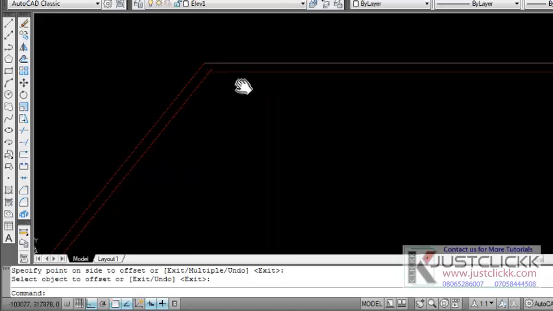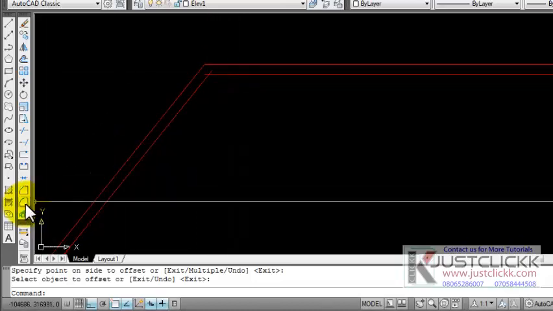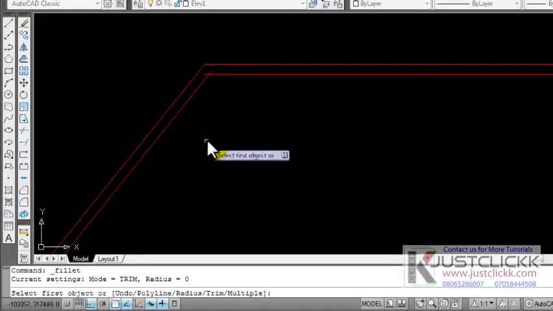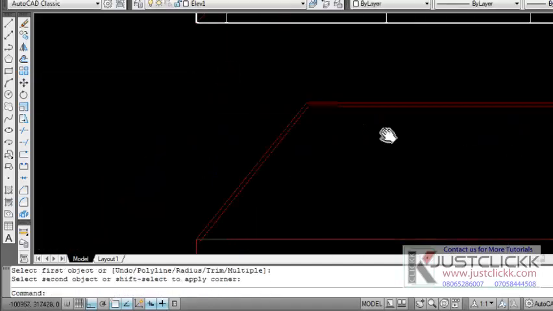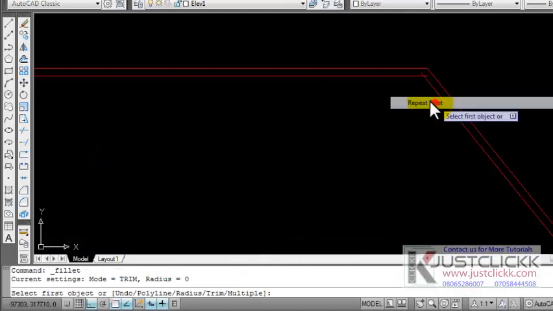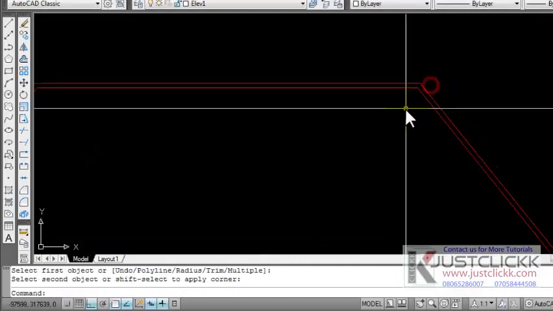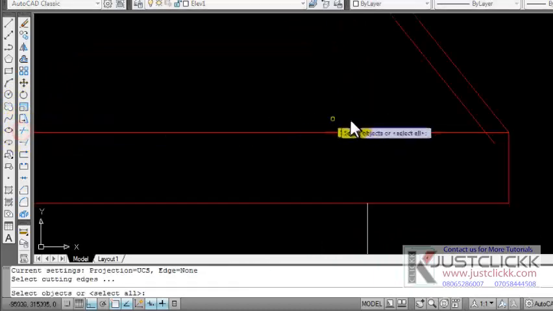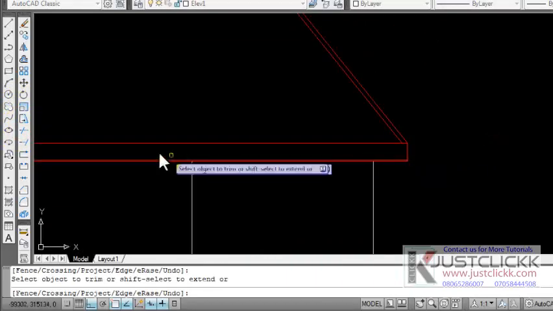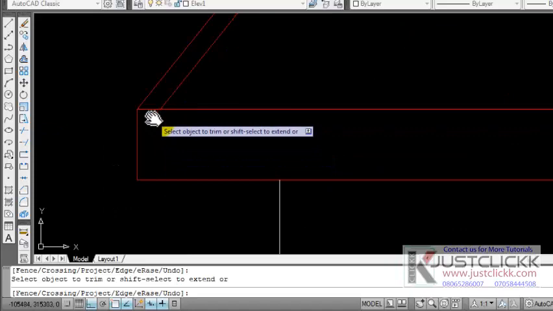We can use our fillet now to connect that. Click the fillet; because the last fillet action was 0 radius, we'll not bother about the radius and continue to get it done. We'll trim that. There are some extended lines there that we'll just have to trim